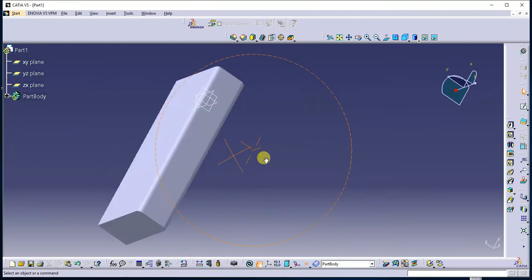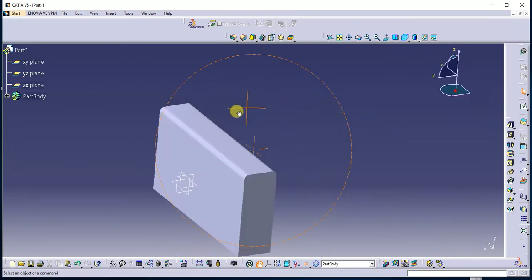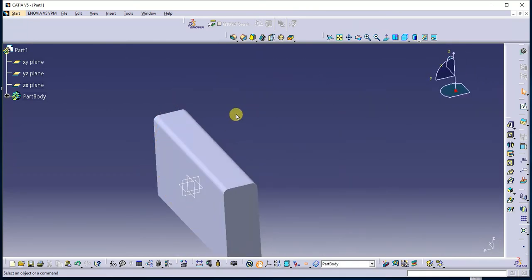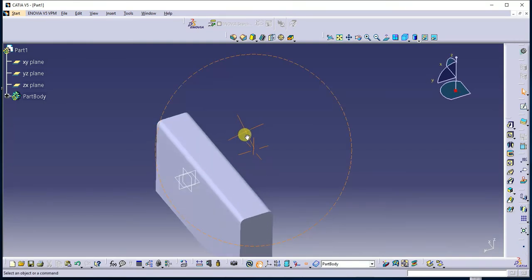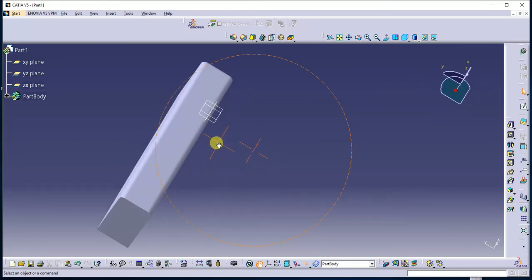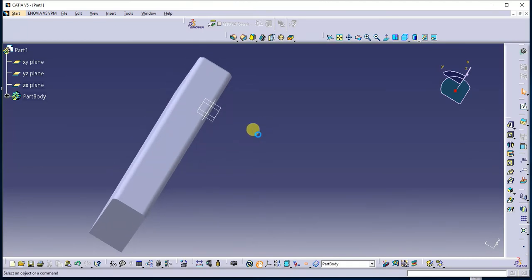Okay, what is the condition here? You press the middle mouse button, next press the right mouse button, you can rotate this. Or another way is hold the control button on your keypad, then press middle mouse button. Sorry, it's not possible.